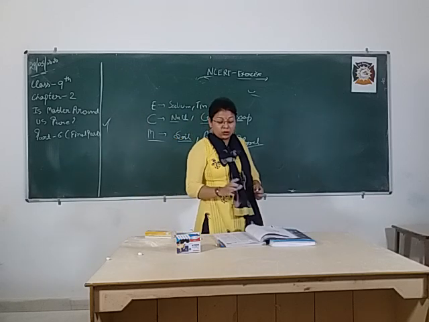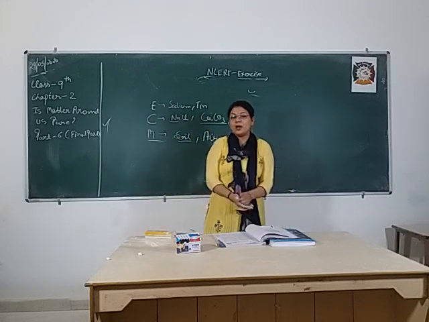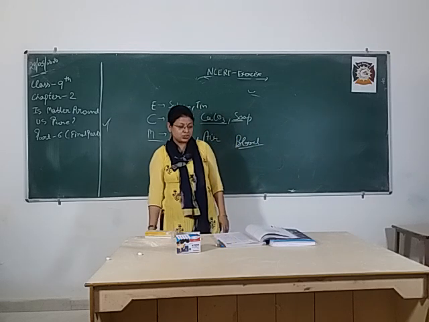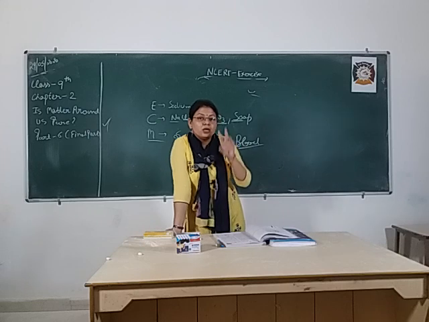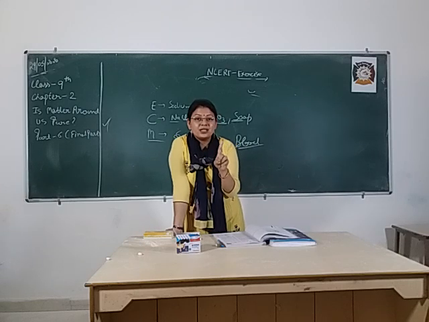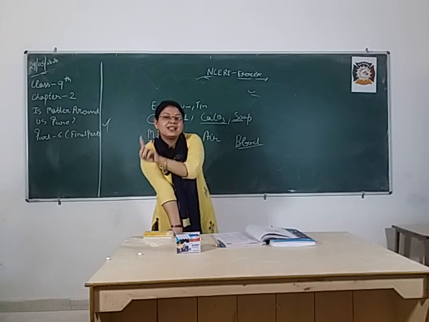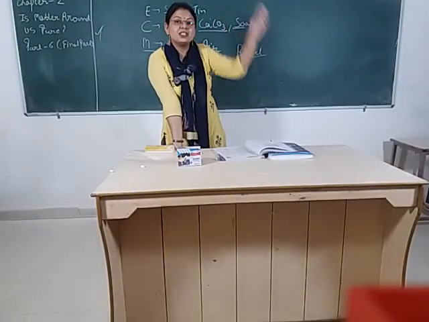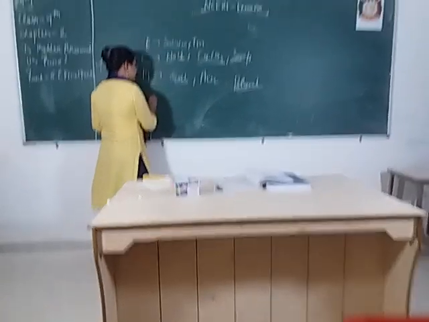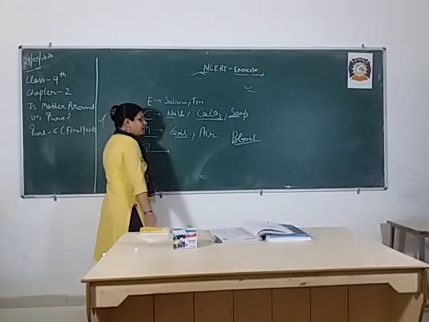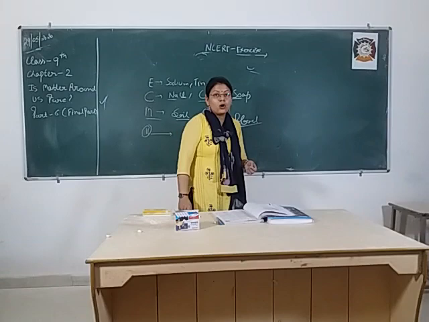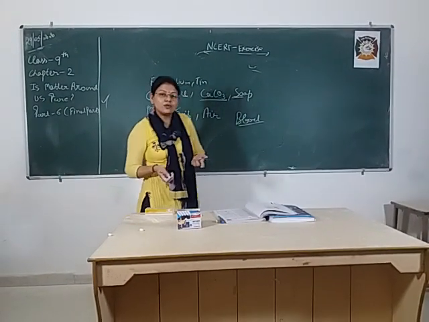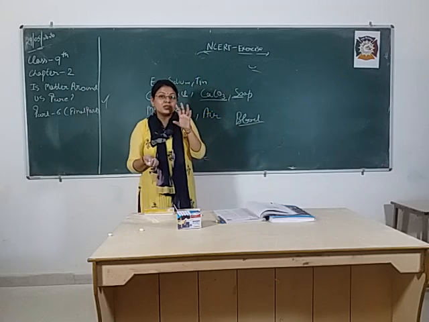Okay. So the 11th and the last question, you have to identify which of the following is a chemical change and which of the following is a physical change. In a chemical change, two things you have to keep in mind. First, in a chemical change, a new substance is going to form with new properties, and the chemical change is irreversible. That means you can't revert back the change. Like here, we are having cooking of food. When you cook the food, a new substance is going to form.